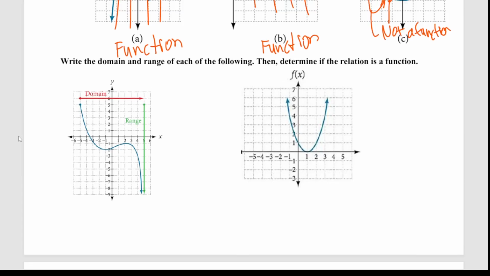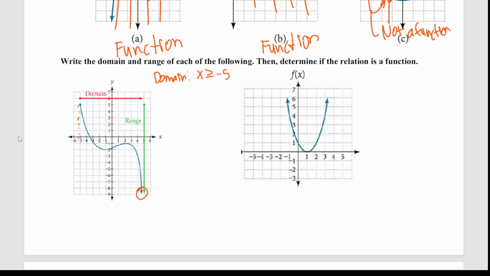You can also determine the domain and range graphically for a function. So the domain, remember, is the full set of x values. So you essentially want to have tunnel vision and envision, okay, going from left to right, what are the x values this hits? And here it looks like for its domain, we're doing all x values that are greater than or equal to negative 5, because we have this arrow down here that says it keeps on going forever to